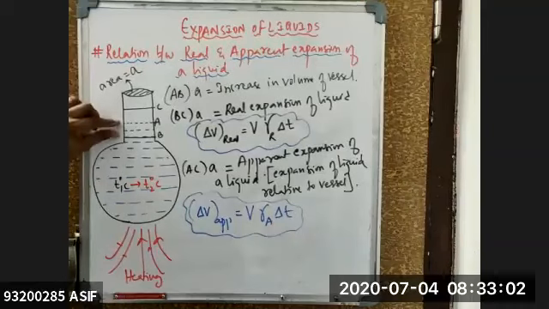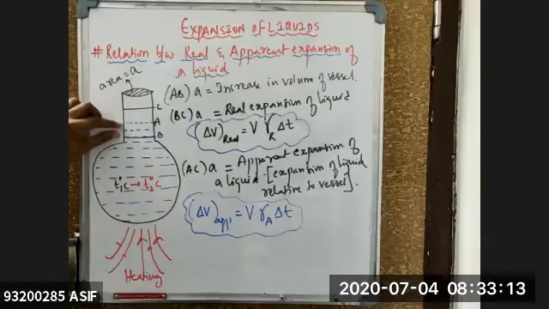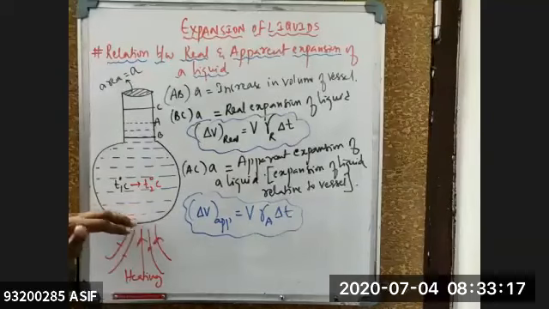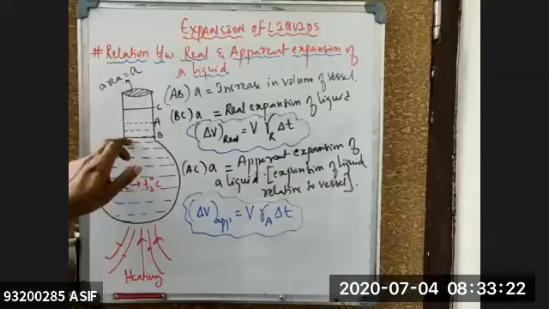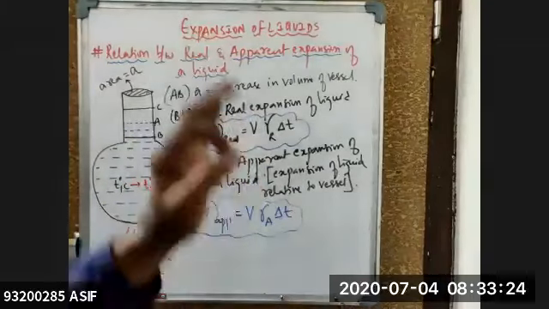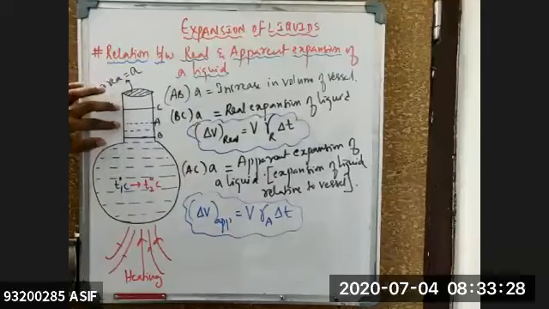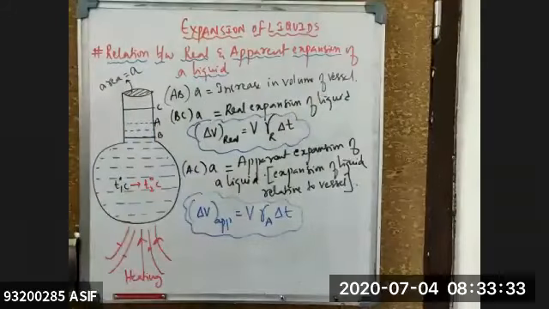That expansion makes the vessel rise, and because of that the liquid present at A will try to reach point B, slightly in the downward direction. For our explanation we have drawn this much detail, but it comes slightly downward. Then the heat taken by the vessel is given to the liquid, and the liquid gets heated up. Now it is going from B to C. The liquid is actually rising from B to C, but we are able to see only from A to C. That is the reason B to C into its area is called the real expansion of the liquid.